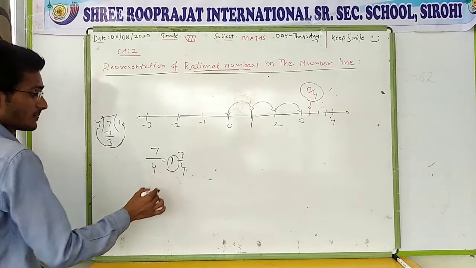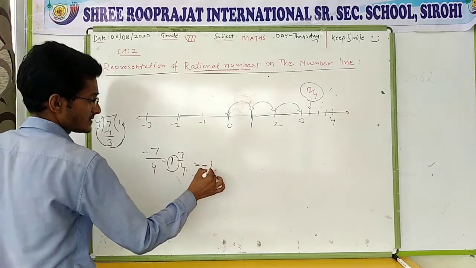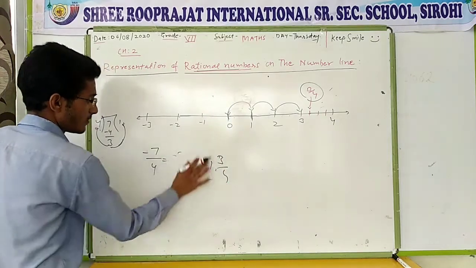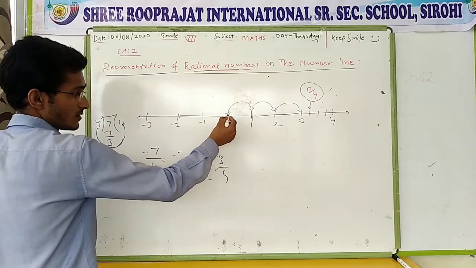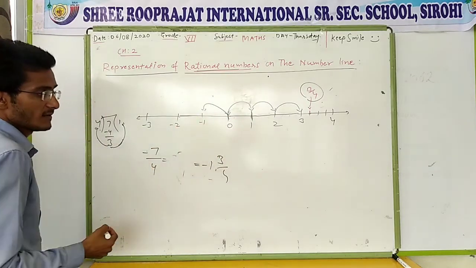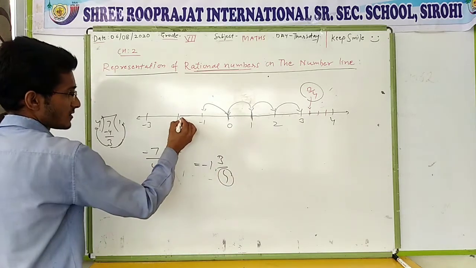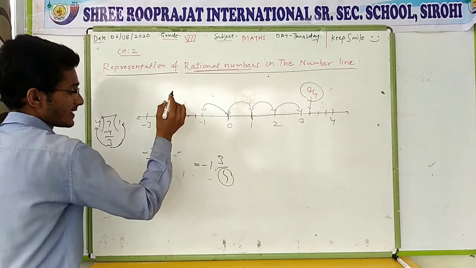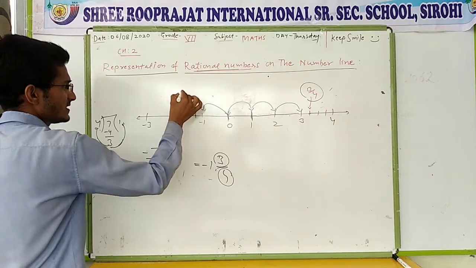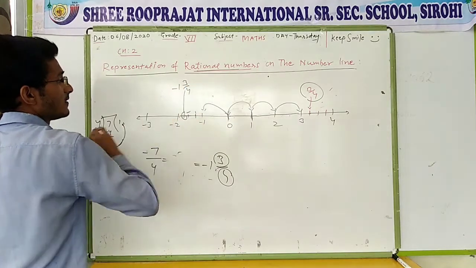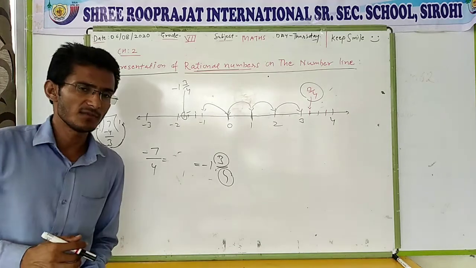That means first of all you have to complete the one part. Suppose it is given in minus, then it is minus 1 and 3 by 4. Okay, so you have to move to the left side. So from 0 on the left side, the negative side, first of all you have to complete 1. And after that you have to divide into 4 parts. 4 means you have to draw 3 lines. So 1, 2 and 3 lines. Out of 3 you have to take only 3. So 1, 2 and 3. So that is your answer, minus 1 and 3 by 4. So this is the way to represent it on a number line.